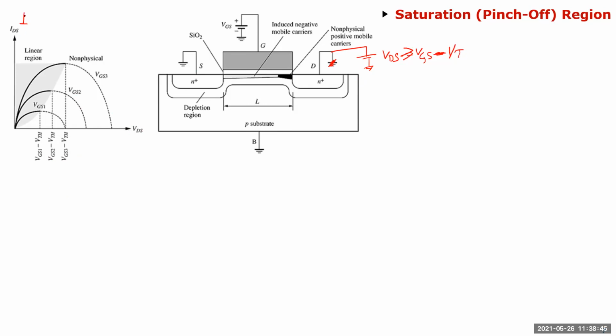In the previous equation, IDS was equal to mu n Cox over 2 times W over L, times 2 times (VGS minus VT) times VDS minus VDS square. And then once you reach that top point,